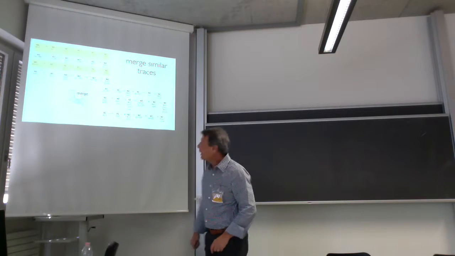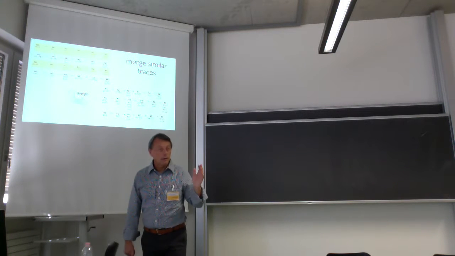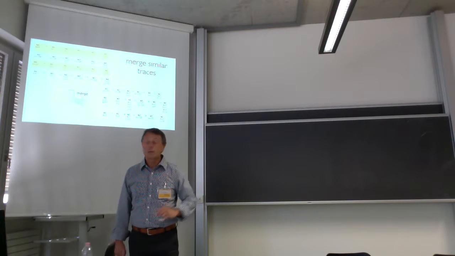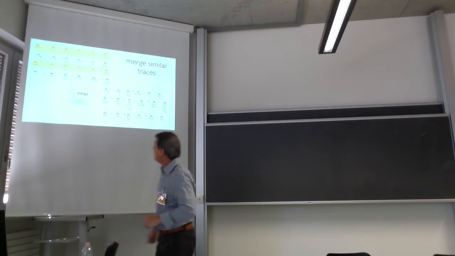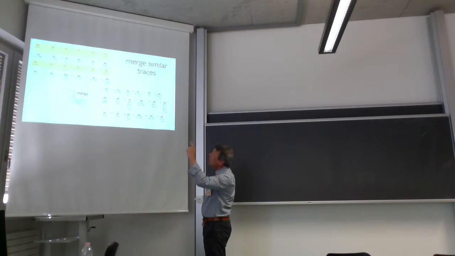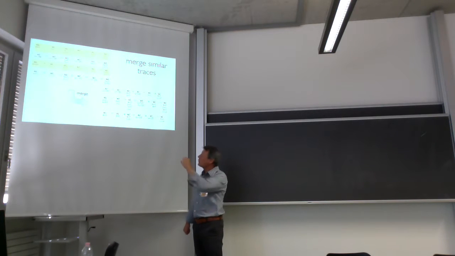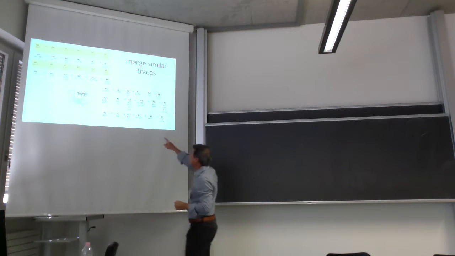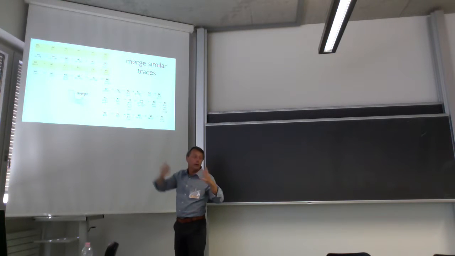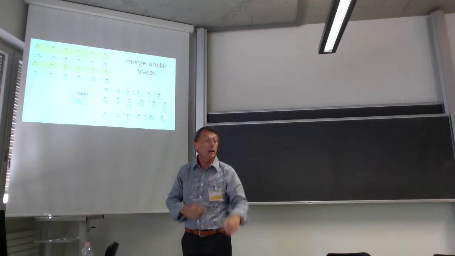Now, the merge basically means you get traces that are the same in sequence of method invocation, regardless of the parameters, regardless of the values. And you might merge them together. So in this case, of the 4 traces, the first one, M1, M1, M1, M2, M3, M1, M2, and the third one, M1, M1, M2, M3, M1, M2, are the same in terms of sequences of methods. The other 2 are not. So we merge the 2 of them. So we move from 4 traces to 3. Usually you merge much more, but of course. Okay. And that's easy. Basically, you ignore the values and you merge.